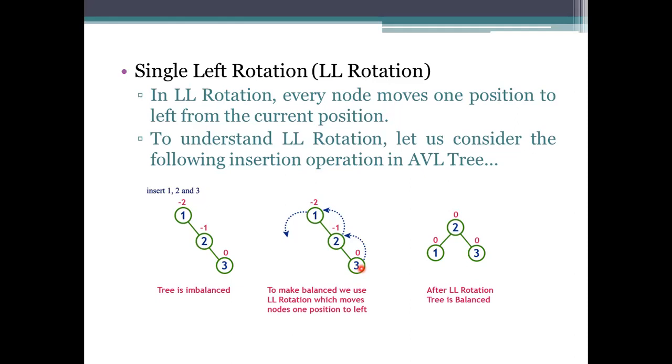Now see, 1, 2, 3 have been taken here. In this one, we check whether the tree is balanced or not. The tree is an imbalanced one. If you see the third one and then the second node here, the balance factor properties have been satisfied, which are 0 and -1. So how many nodes are there? It has 2 such nodes for processing, but it doesn't have elements or nodes at the left side.